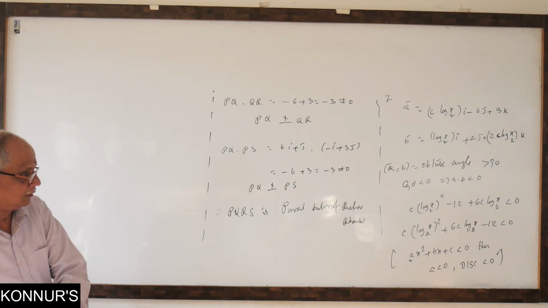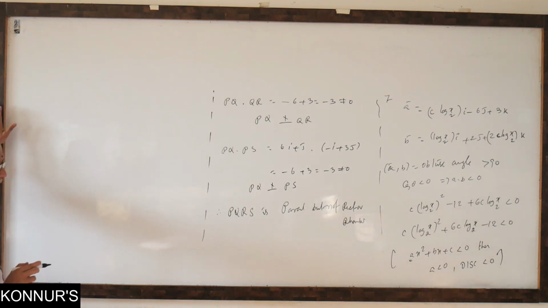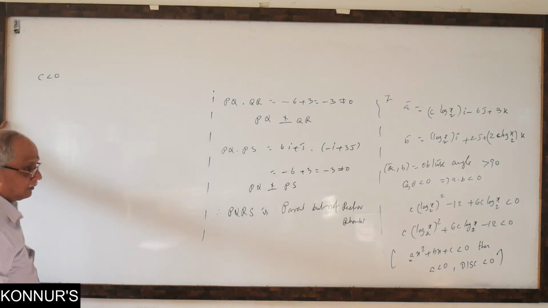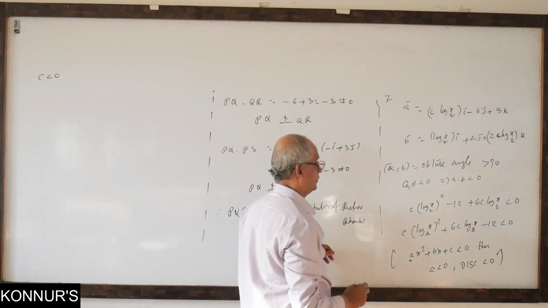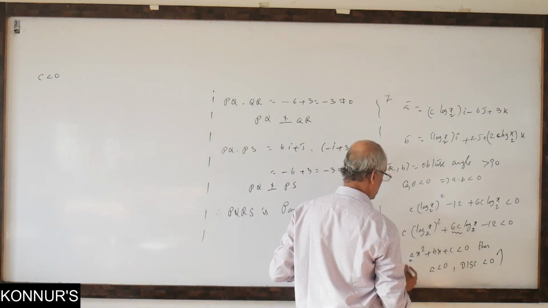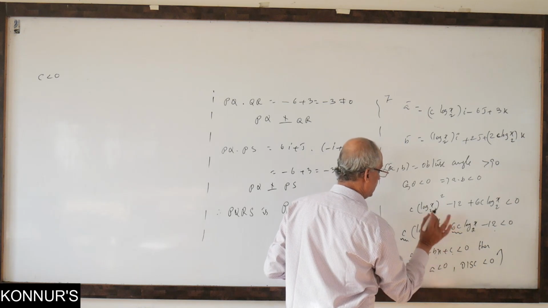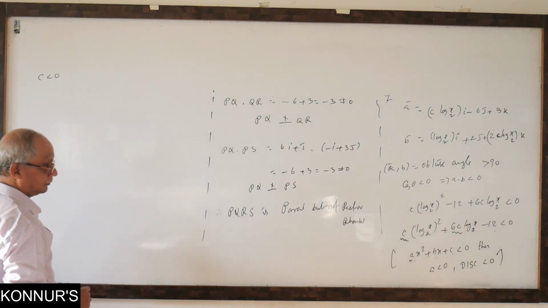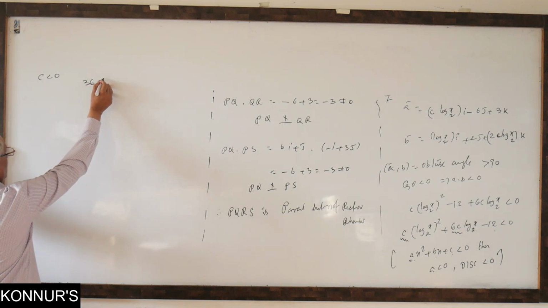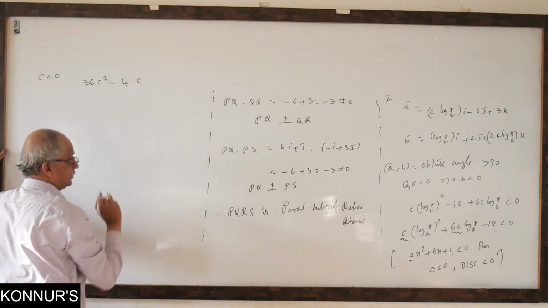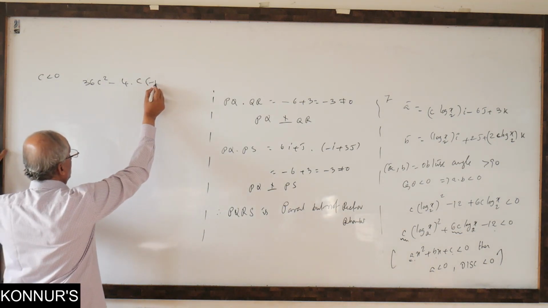So with that we consider what is here A, meaning c. c is less than 0. What is the b square minus 4ac value? Because it is quadratic in log x. Where is b square? This is a, this is b, this is c one. Okay? b square is 36c square minus 4, c and minus 1 must be negative.